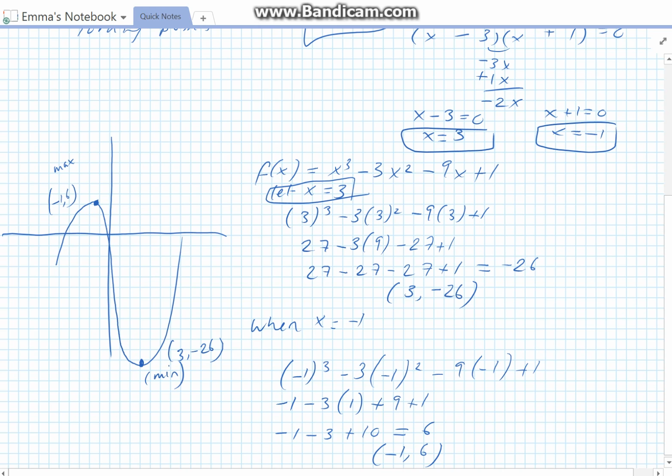Therefore we could say that minus 1, 6 is our max value, and 3, minus 26 is our minimum value. So just to recap on that, roughly plot your points and it makes sense. The y value here is 6, so 6 is around there. The y value of the other point, minus 26,